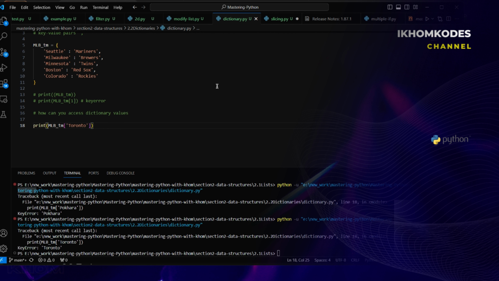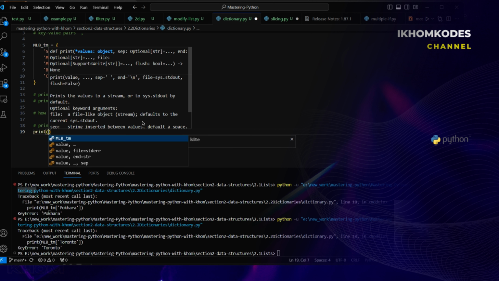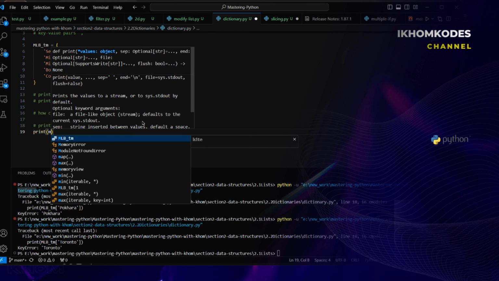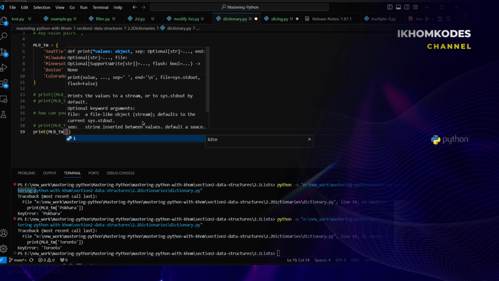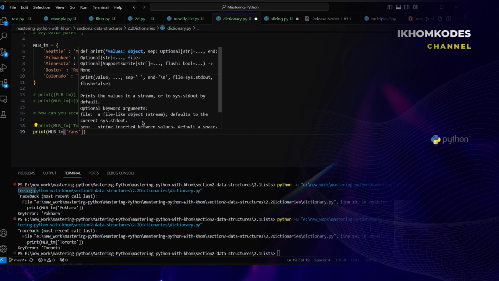Another thing that you need to know is that we can add an entry. Adding an entry to an existing dictionary is possible. It is simply a matter of assigning a new key and value. You need to assign a new key and value, then you can make an entry of a new MLB team here, right? So let's get it started. Okay, let's try to add an entry to this dictionary. We just want to print it, right? Okay, MLB team by, let's enter Kansas City